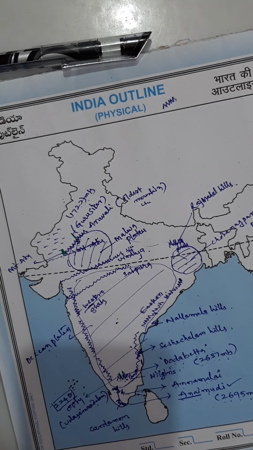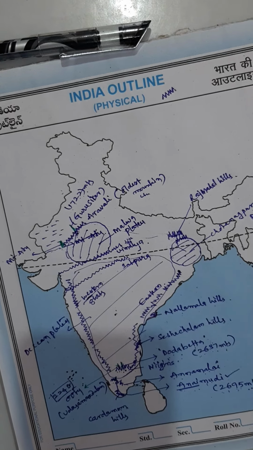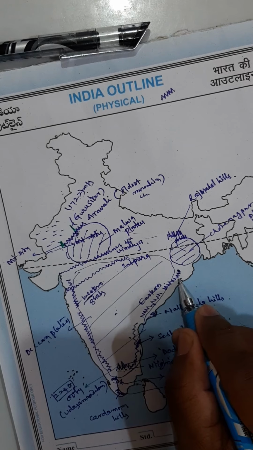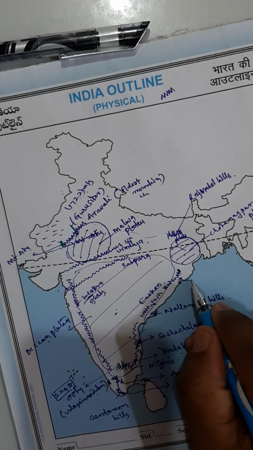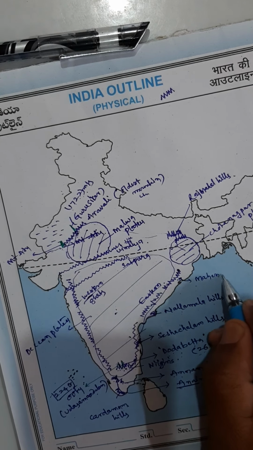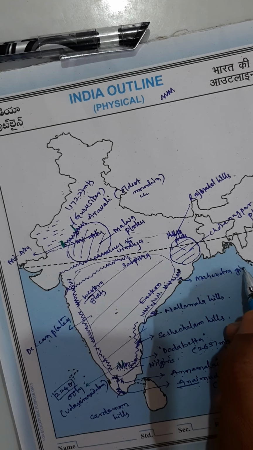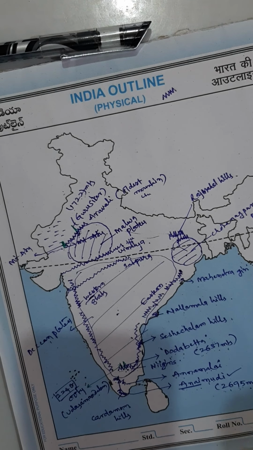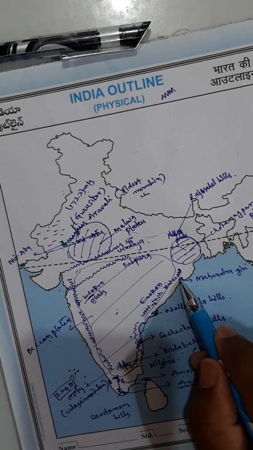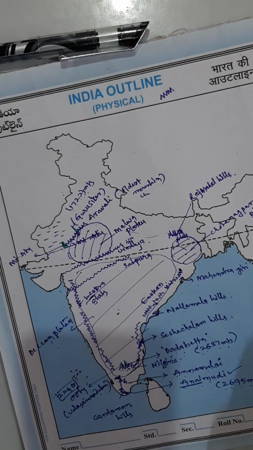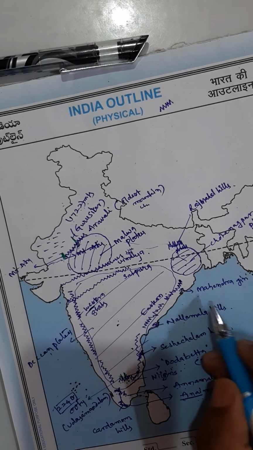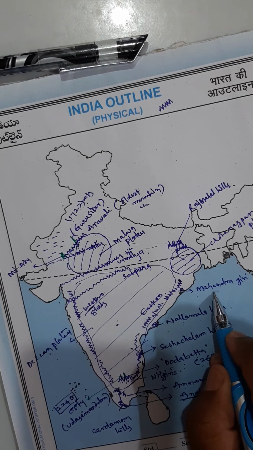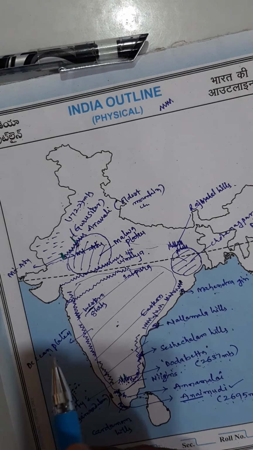Let me check if anything is left. So here one more thing to locate. Here try to look at this edge, and here in Orissa you find a peak called Mahendragiri. Of course, Mahendragiri height is somewhere around 1601 meters, but nothing too important. Mahendragiri is the important place in the Eastern Ghats. Well-known peak, well-known tourist peak it is, Mahendragiri. If it is asked, here it is. In Orissa you find Mahendragiri.